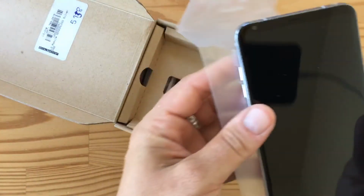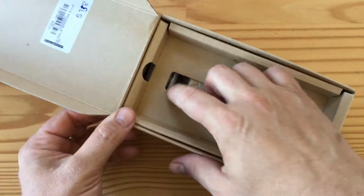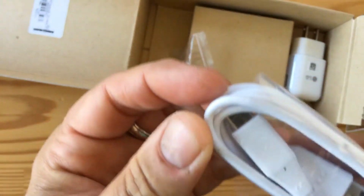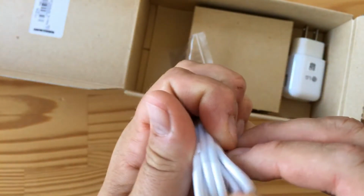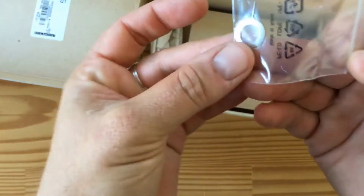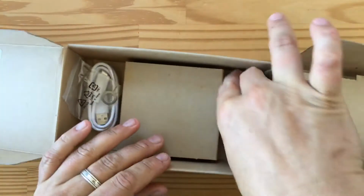Now what else is inside the box, you're going to ask? Well, these are not retail boxes, so it's not very exciting. You get a partition, and then what do you find? A USB Type-C, as you can see, kind of in here. Let's see if I can show it to you without opening this up. There it is. USB Type-C to Type-A cable, SIM removal tool, and on the other side you've got an LG